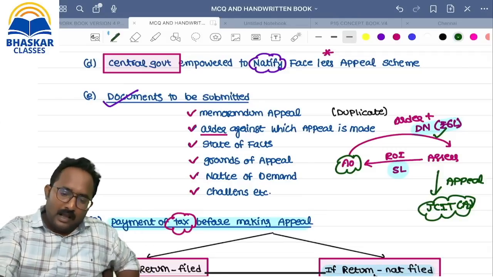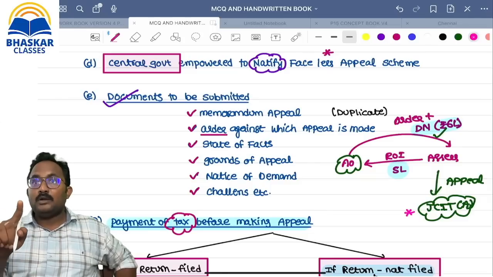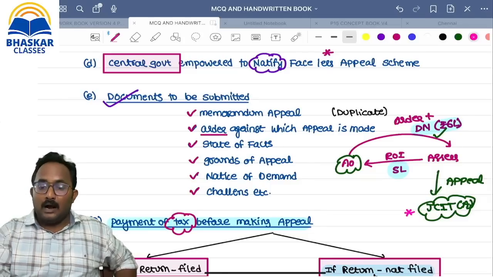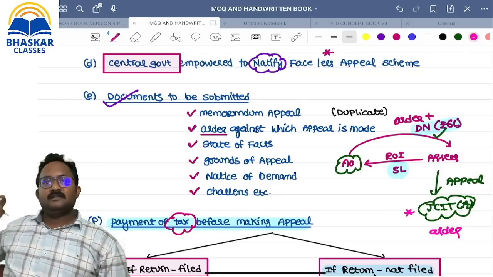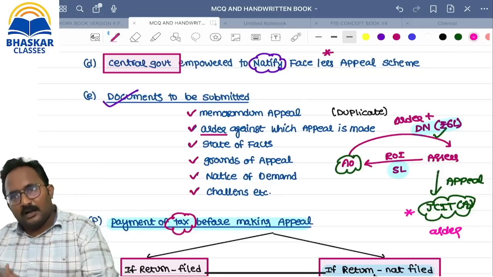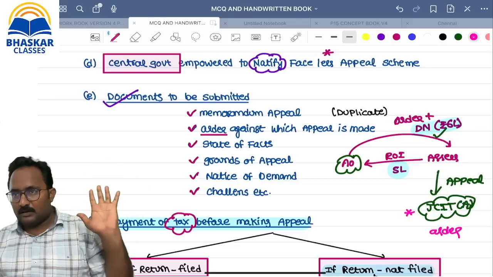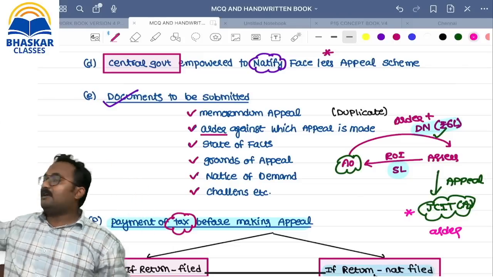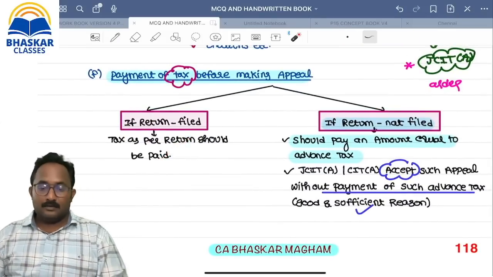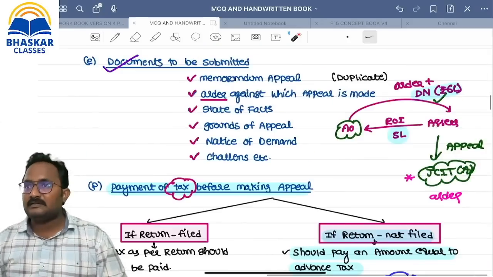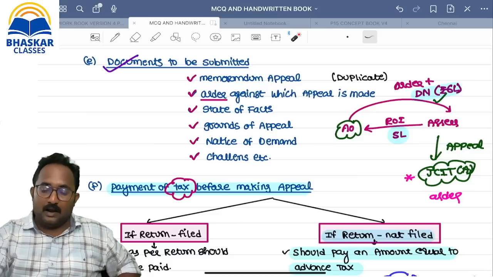Now, we are making an appeal to whom? JCIT Appeals. That's why the JCIT can say, hold the demand until the order is passed by whom? JCIT. Because that case is now in the hands of whom? JCIT Appeals. Until the order of the JCIT or CIT is given, the demand notice can be stayed. Stay means nothing but what? Hold over. It can be held over until the order is given by whom? JCIT. So for safety purposes, you collected the return of income tax, and in some cases you can collect the advance tax also. There is no risk for the department. That's why you can hold until the order is given, but until the order is given by whom?